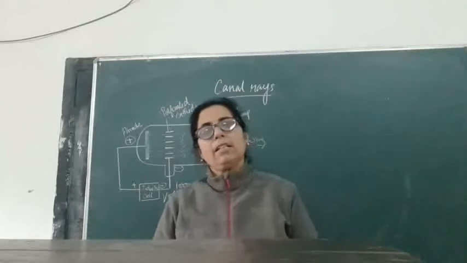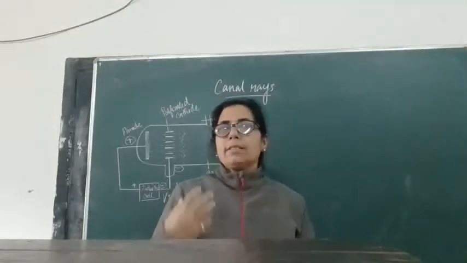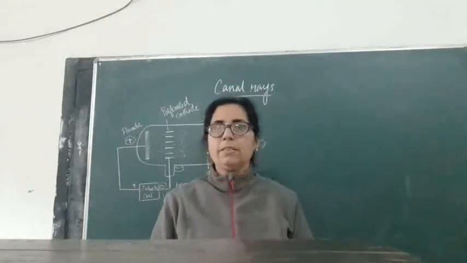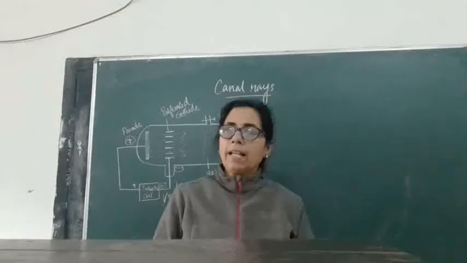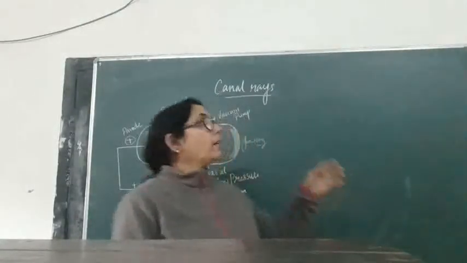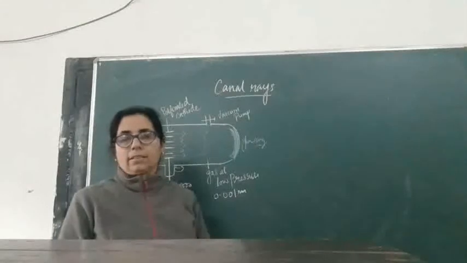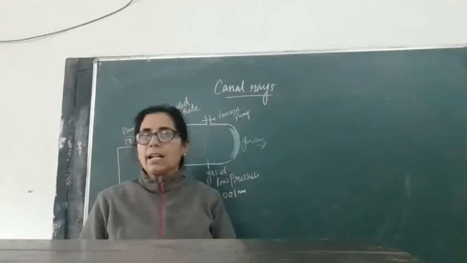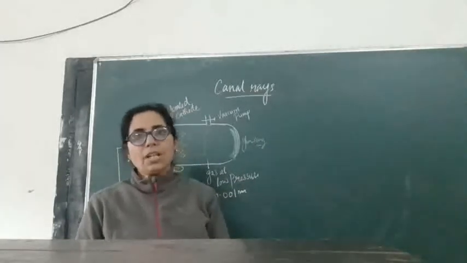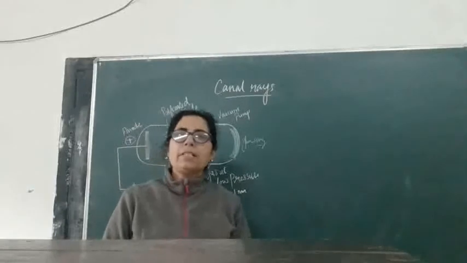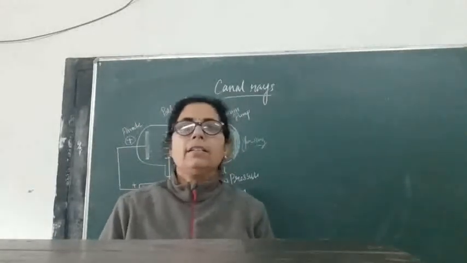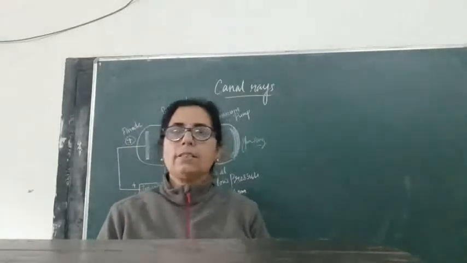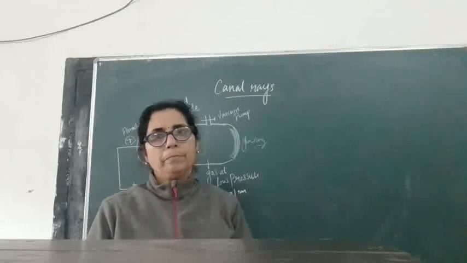And this again made it clear, by performing the experiment, that there are also some positive rays coming from the positive end of the electrode in a discharge tube, named as protons, and they are also known as canal rays. So make it very clear what canal rays are. Canal rays are the rays having positive charge, representing the proton, and the cathode rays represent the electron, which was discovered through the discharge tube method.